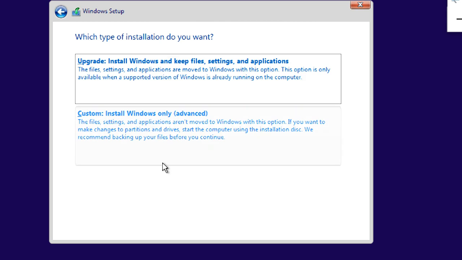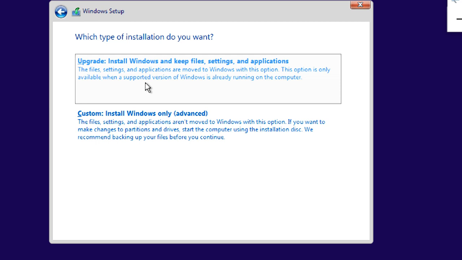Upgrade. You want to upgrade your system to Windows 10, from Windows 8 to Windows 10, Windows 7 to Windows 10. When you want to upgrade from a lower version to a higher version, you can choose upgrade. When you choose upgrade, the previous version's operating system, files, settings, and applications can move to the new Windows 10 machine. So the new operating system takes the old things also.